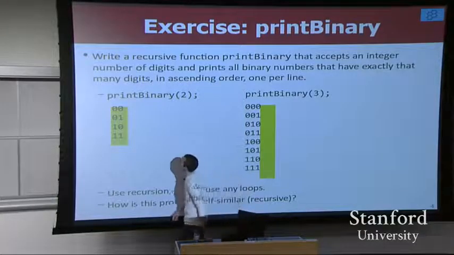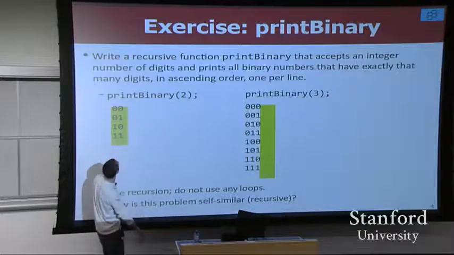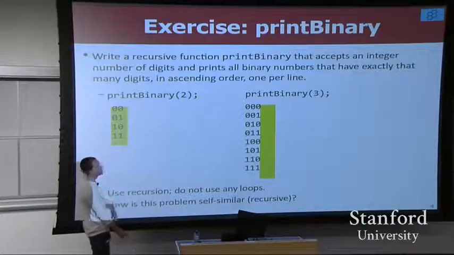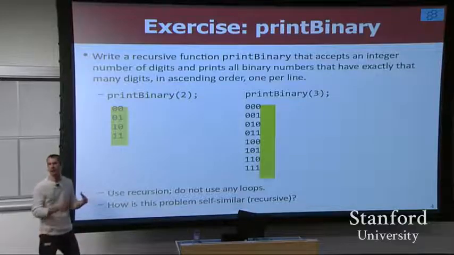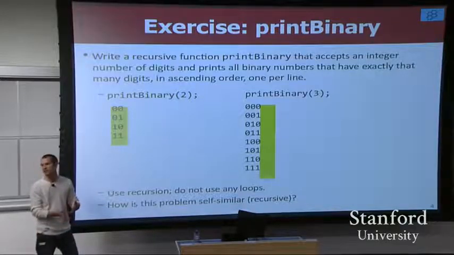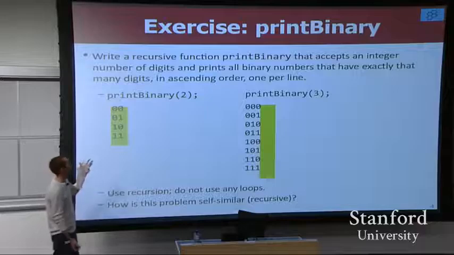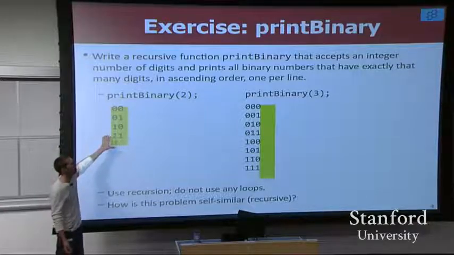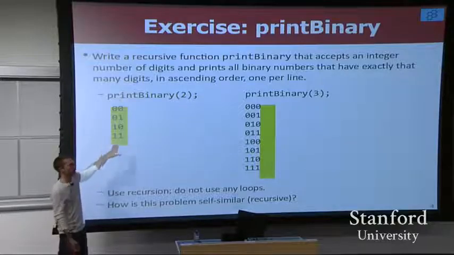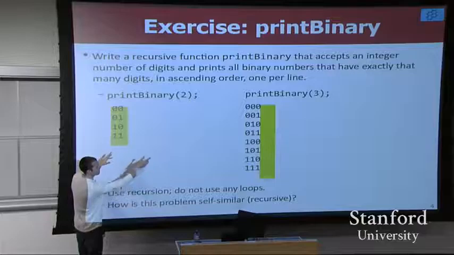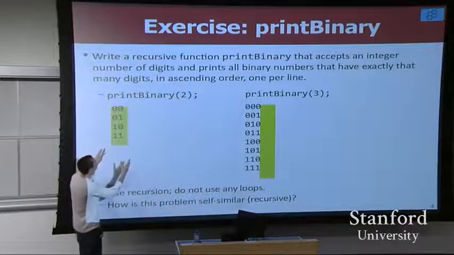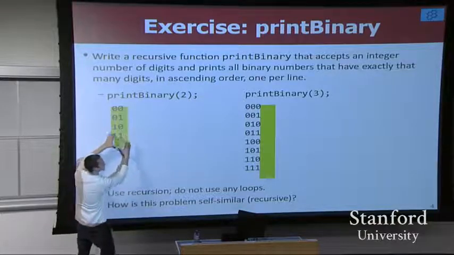I think what that's supposed to show you, I made this slide, is that when you're doing recursion, you're always looking for self-similarity, right? How is printing binary like printing binary? I want you to look at printing all the 2-digit binary numbers. That's related to printing all the 3-digit binary numbers, right? Because for some reason the little green rectangles don't line up properly, but this blob of text appears